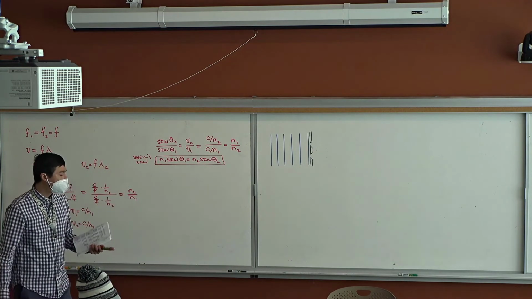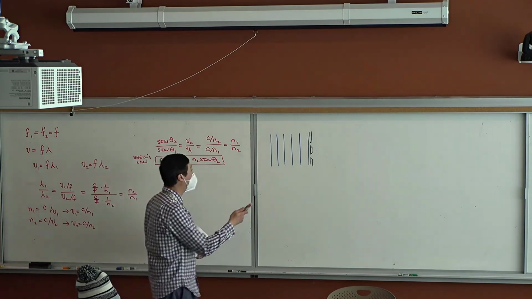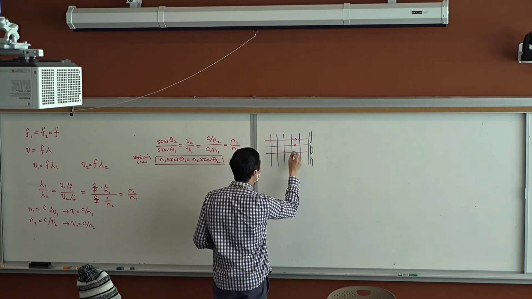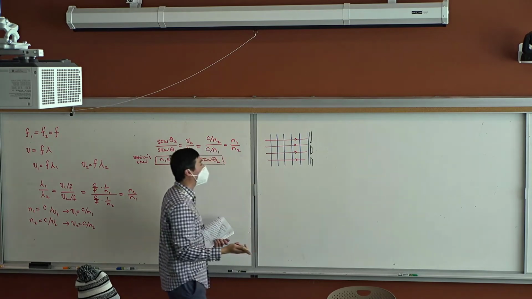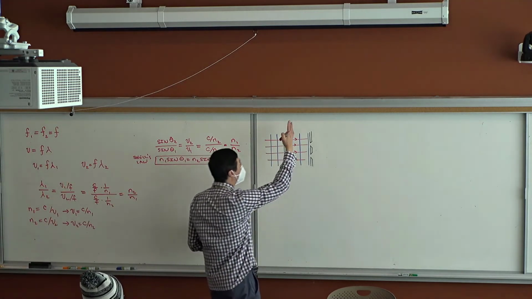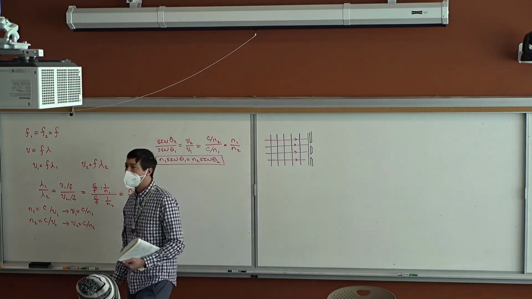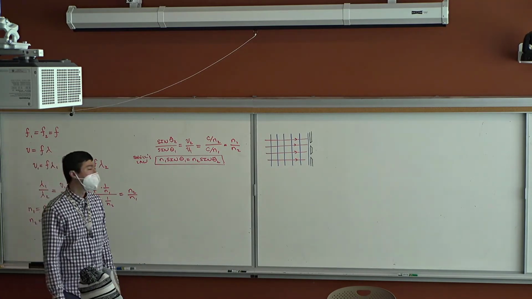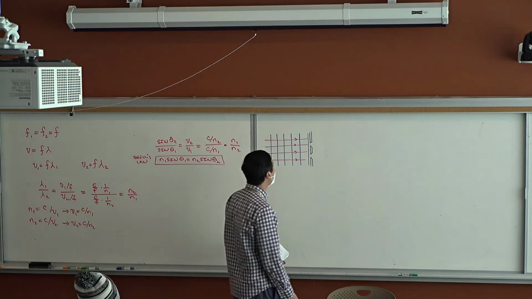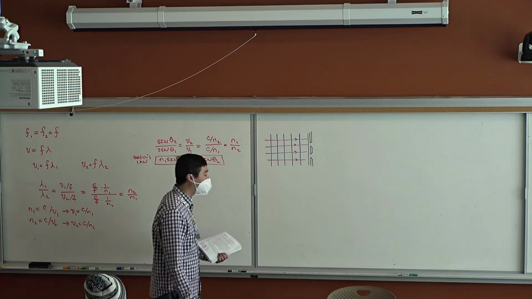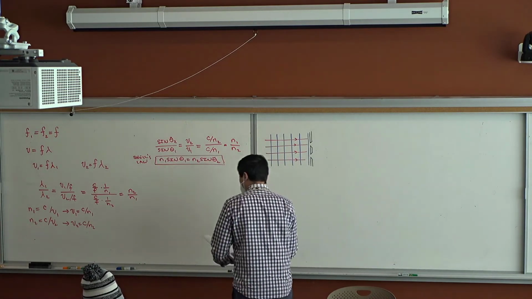So if we have our plane waves approaching a board with two small slits cut into it, then we see, as we looked at a little bit last time, that we get